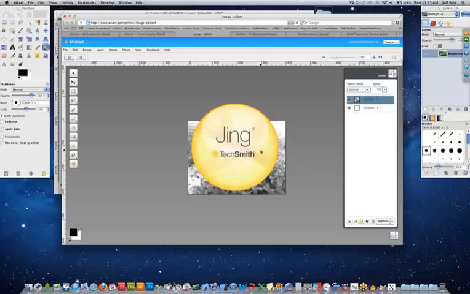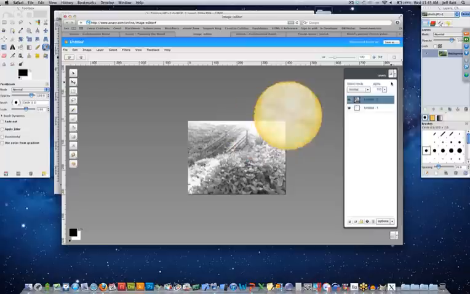So Jing will launch, and then it actually brings itself and puts itself inside of a corner. Inside of the corner, now I can actually launch that at any time. If I hover over this little sun, I can then select